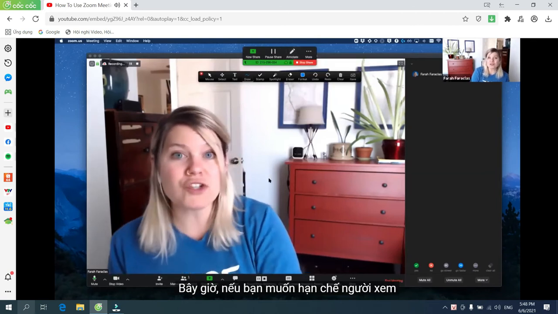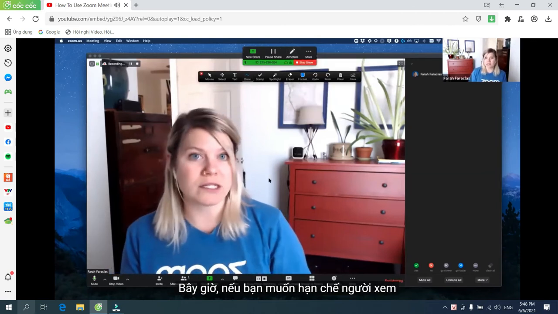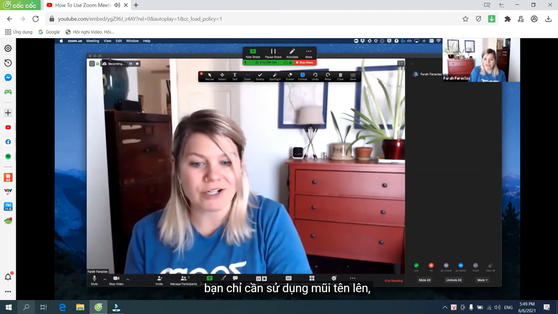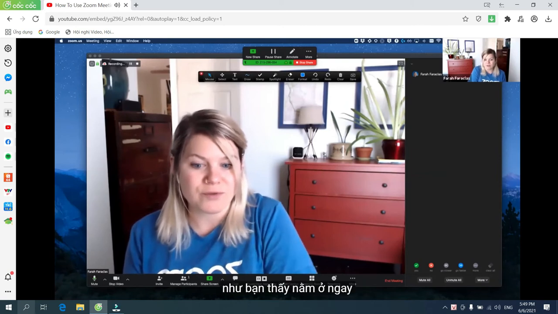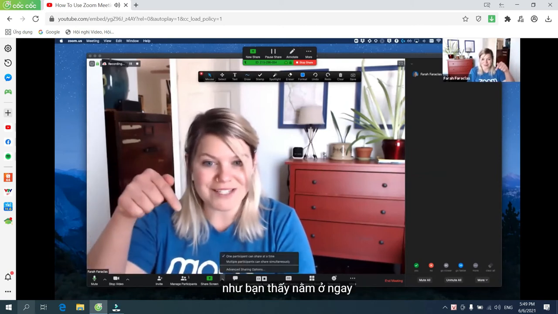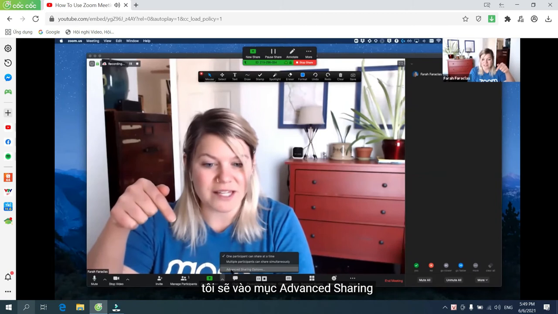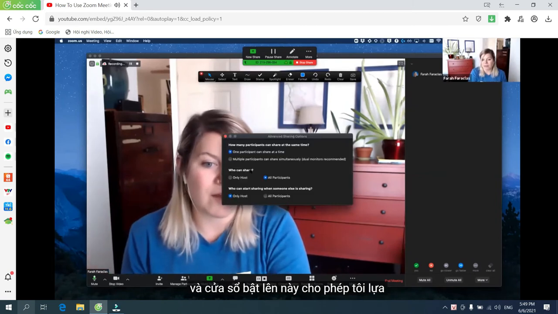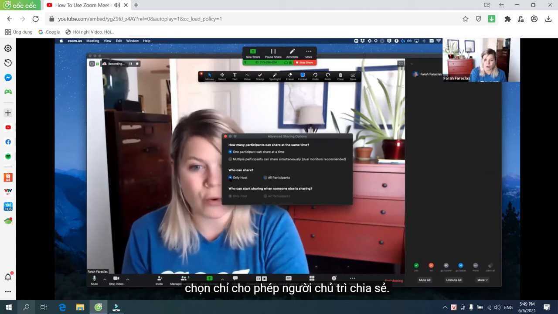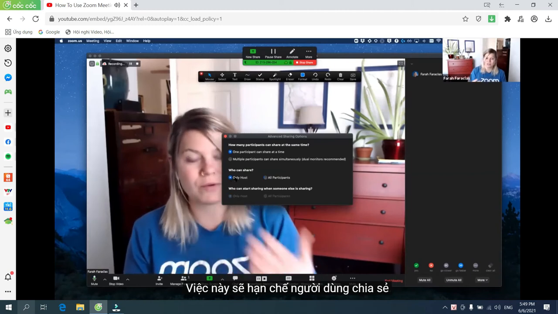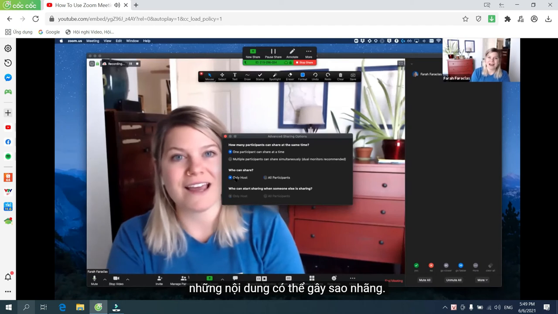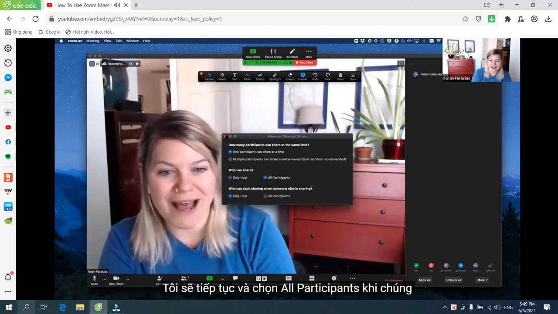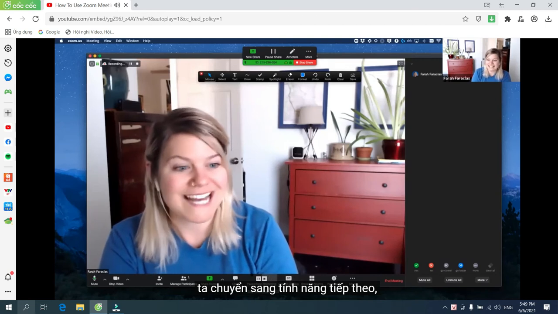Now, if you want to restrict others in the audience from sharing their content and make it host only, you can simply leverage the up arrow, which is right here at the bottom of my screen. You'll see this up arrow lets me go into advanced sharing, and this pop-up will allow me to make it a host-only share. So this will restrict users from sharing anything out of turn that might be distracting. I'm going to go ahead and put this back onto all participants